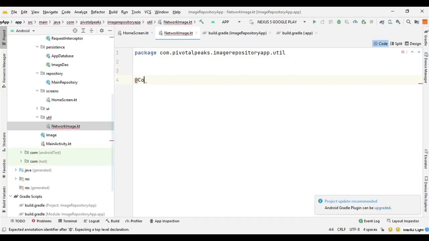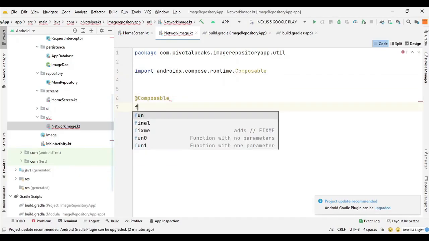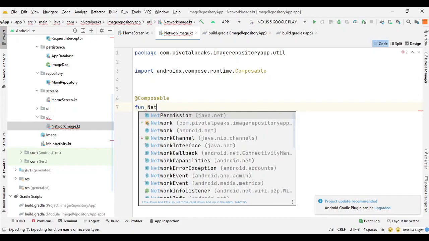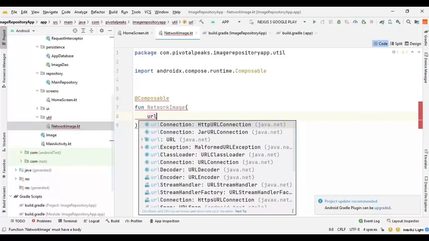Here we will start with @Composable, then we can say function NetworkImage, and this requires some parameters. So the first parameter will be a URL since it's fetched from a network, from internet.